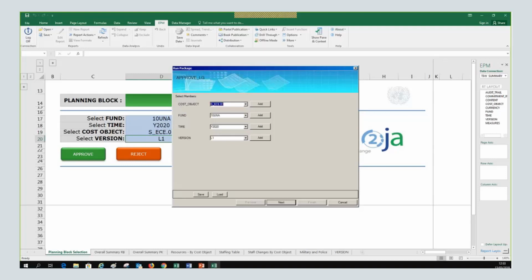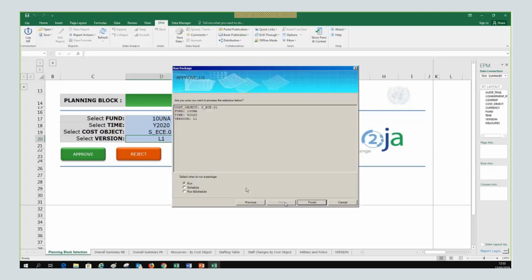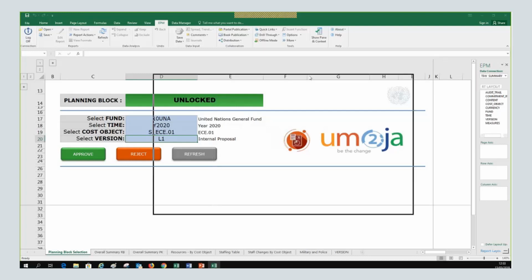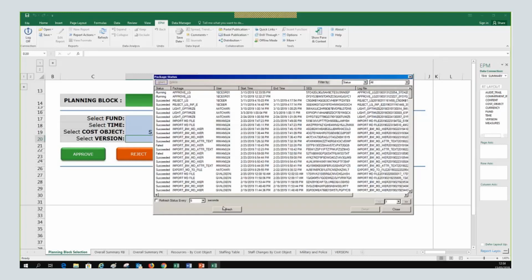Anyway, this is a process in parallel. So once you do it, it's triggered, so it runs. Then we have to get the message. We click on OK. So now it's running. We click on refresh until it says successfully completed.